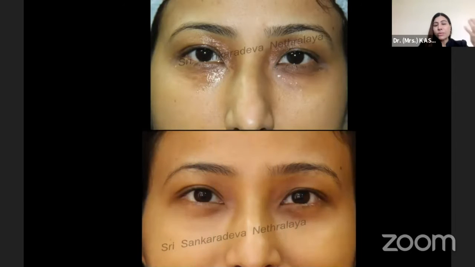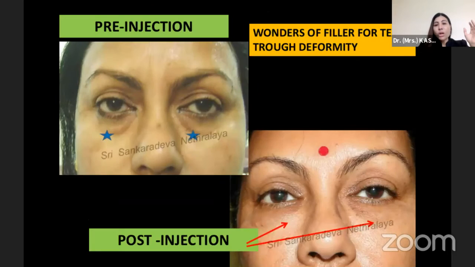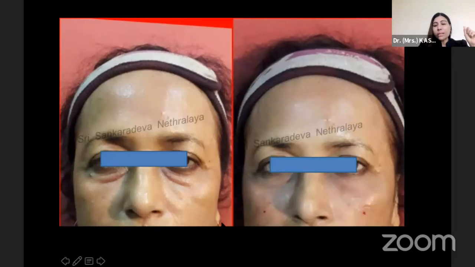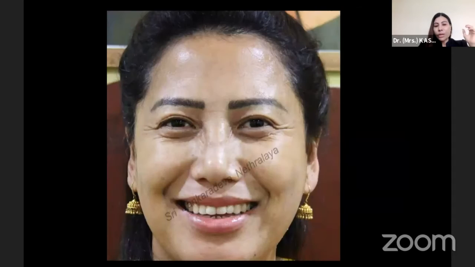A young lady like this, and I'm sorry for not a very good quality, just after applying the Prilox, you see the fat bulge here and she has a prominent tear trough. You go for the injection filler and you can reverse this negative vector to a positive vector that you can see here. So these are some of the examples. Like this one, just on the table, you can see I use a cannula. You can see how these hills and valleys get much treated following this injection filler in many of the situations.